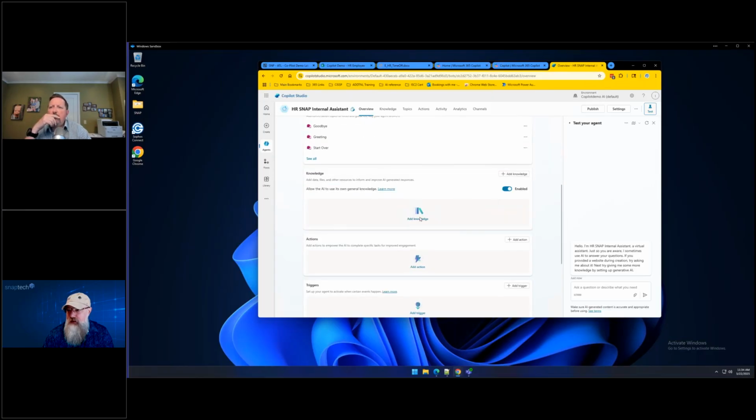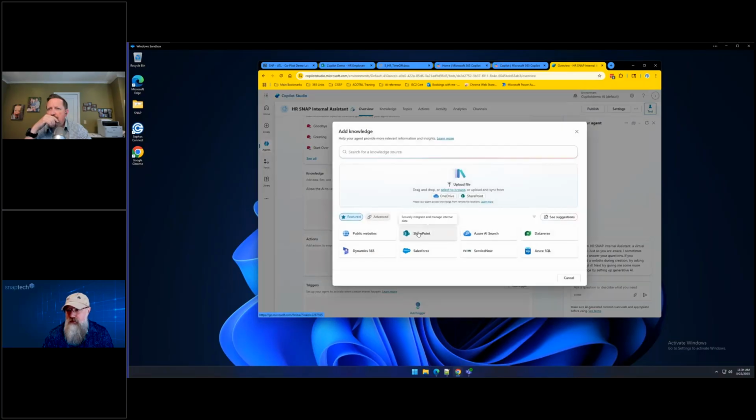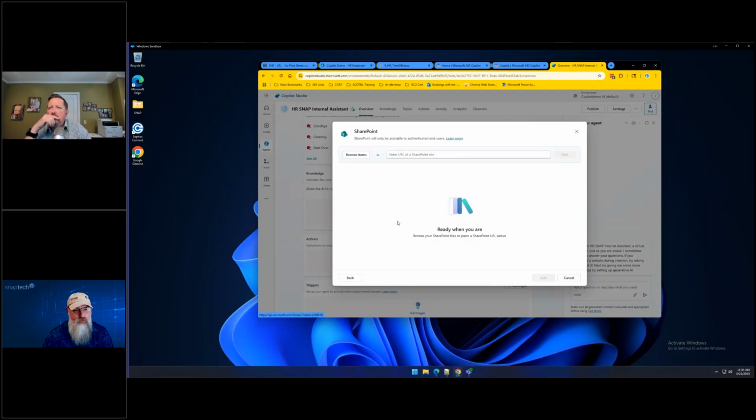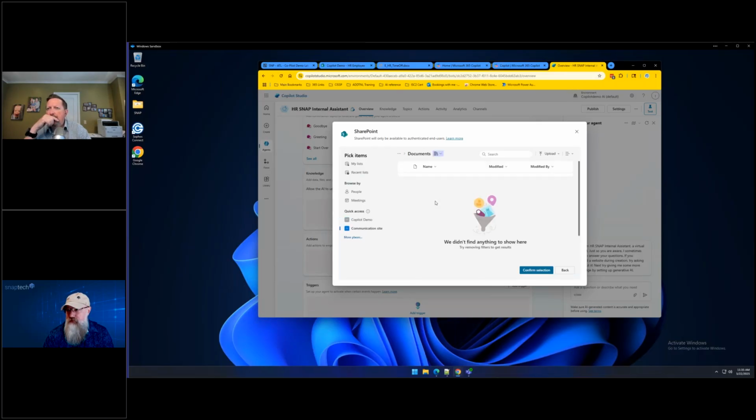and it's enabled, but it has no knowledge in there. This is the backend knowledge or specific details that you want it to reference. Now, being that we're in the Microsoft environment, we're going to add knowledge from SharePoint, which is just an area where I have prepared shared content. You can have a lot of different places you can share content or have shared content. We have the Ignite system that we use for shared content on the cloud. There's OneDrive and SharePoint and a lot of other places, but we're going to browse the SharePoint area,